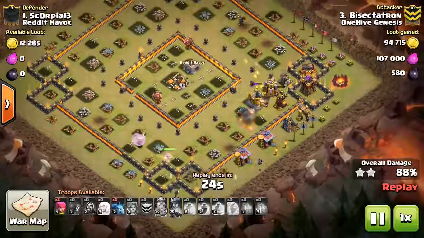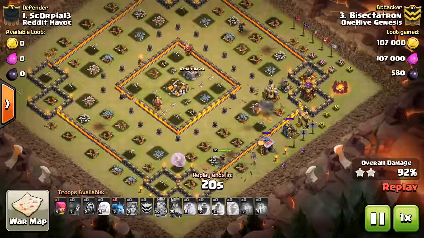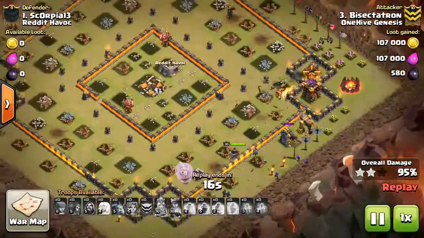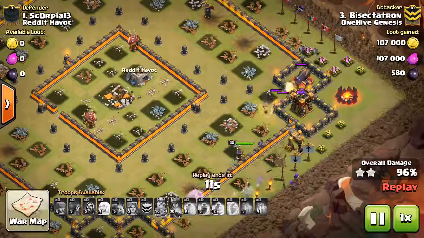Probably could have saved a few more for up top when the archer tower and the cannon get distracted, because all my wizards are down. They're kind of back behind the queen. Everything's converging on these last few buildings. I went ahead and dropped in those minions, but the Valks die here, and that archer tower is going to